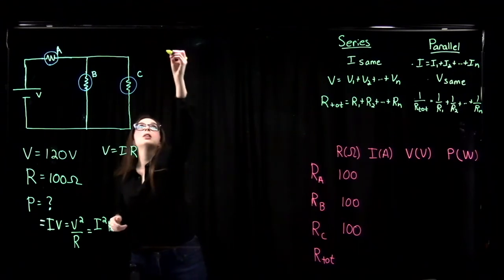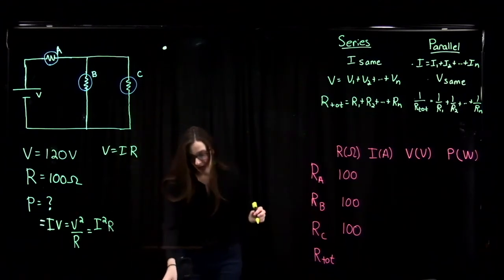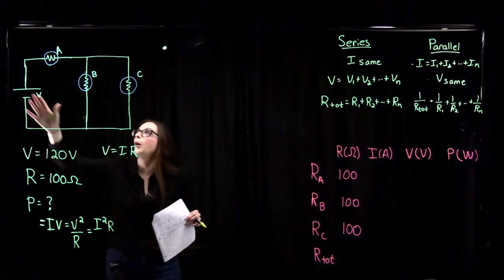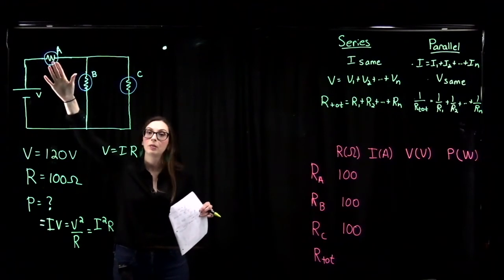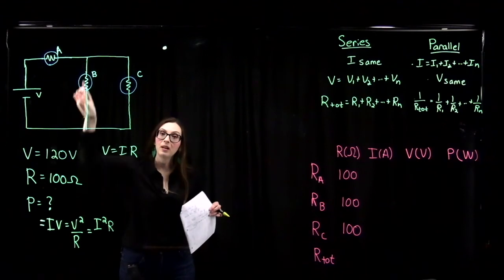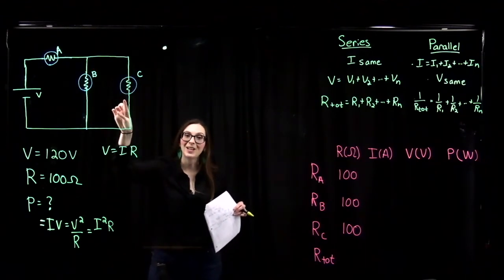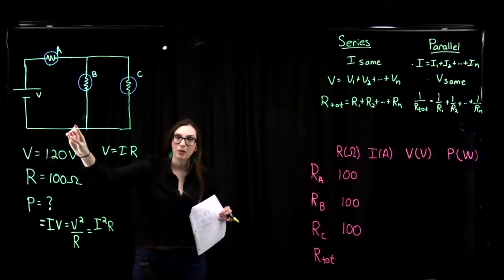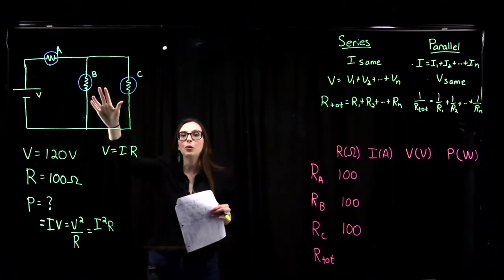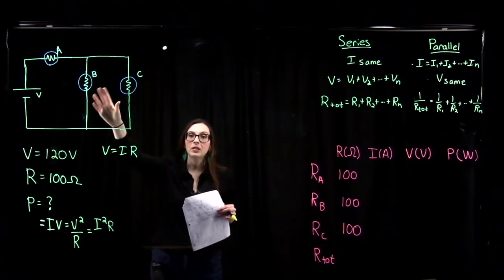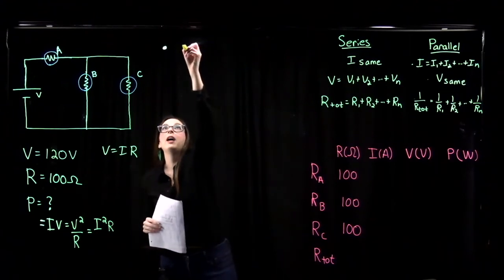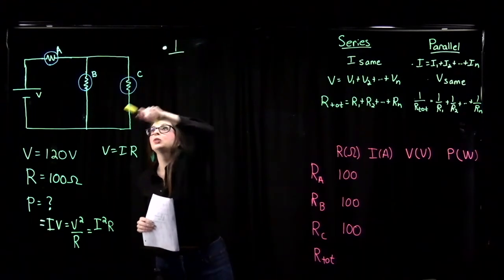So the total resistance of this circuit, well, let's think about the current has to flow through resistor or light bulb A. Then it branches off here at this junction through bulb B or through bulb C. And then it comes back together over here at this junction. All right, so let's find the total resistance or the equivalent resistance for these 2 resistors in parallel first. I'm going to call that resistance for these 2 in parallel